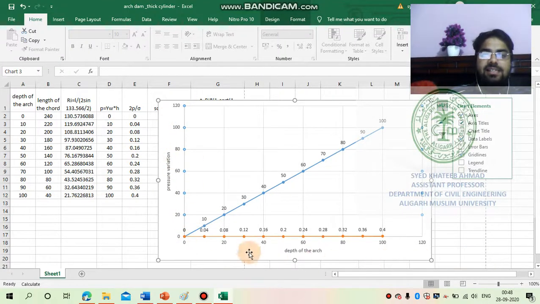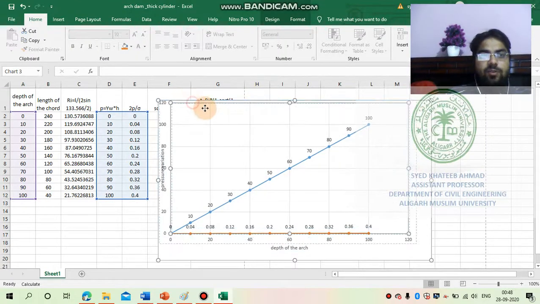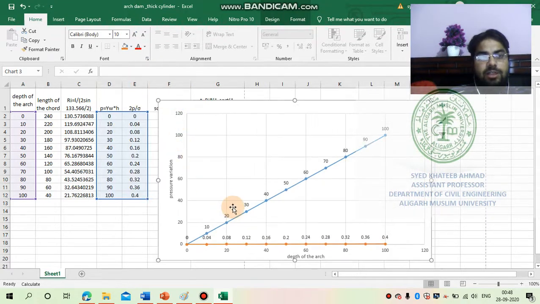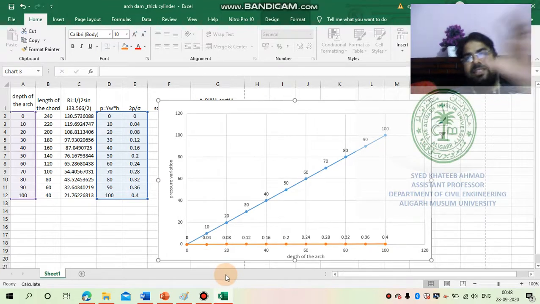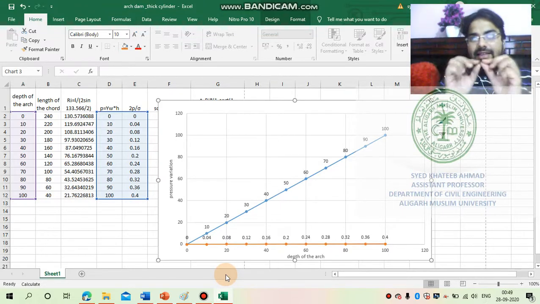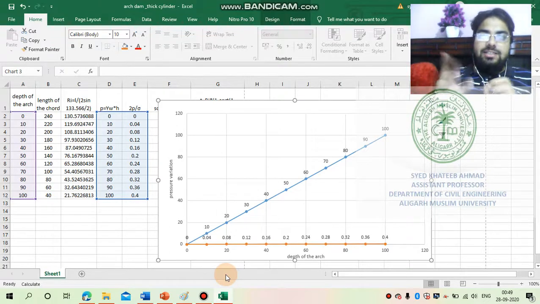When the scales are normal scales, you can see that this x-axis is a normal scale and this y-axis is a normal scale. Sometimes it is required that you plot a semi-log curve or log curve. What happens when you draw the log graph or semi-log graph? In that case, you need to change the axis: x-axis as log axis, and y-axis as log axis. Semi-log, very important, means either of the axes is log, that is, either the x-axis is log or the y-axis is log. And when we talk about a log graph, it means that both the x-axis and y-axis are in logarithmic scale.